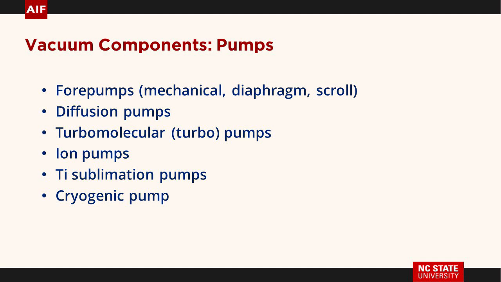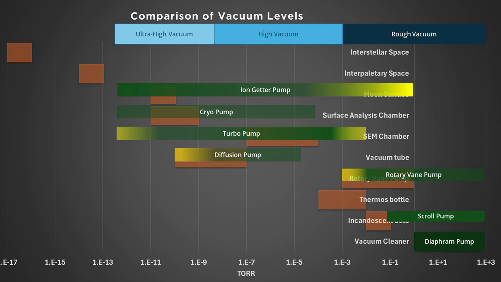So now we're going to start to look at these individually. And here's that diagram I mentioned. We have pressure increasing on the x-axis. Here's your ion pump, cryo pump, turbo pump, diffusion pump, scroll pump, diaphragm pump. One pump does not cover your whole range. So if you're going to go from atmospheric pressure to 10 to the minus 9, you have to have something that pumps something like a turbo pump or diffusion pump or cryo pump all down to a certain level before you turn them on. And if that pump fails, the forepump,